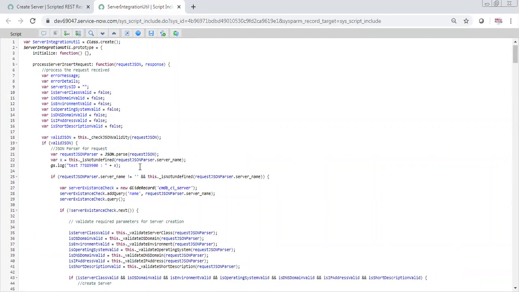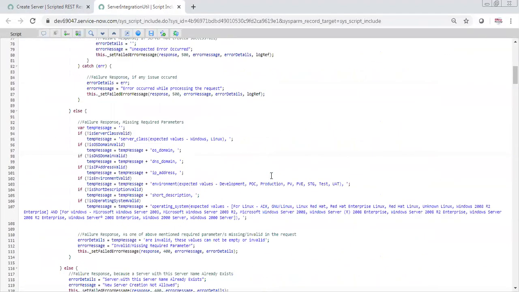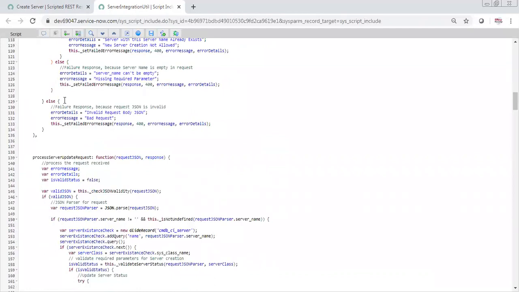and if I see here what I am saying, if server name is not empty and server name is not undefined, then only go inside this loop. If they have sent an empty value in the server key, or they have sent it undefined, then it will go to the else part here.